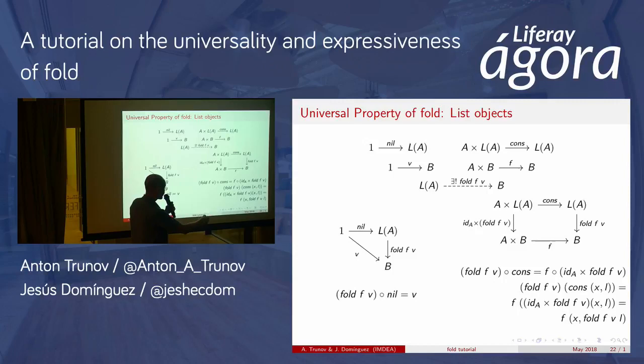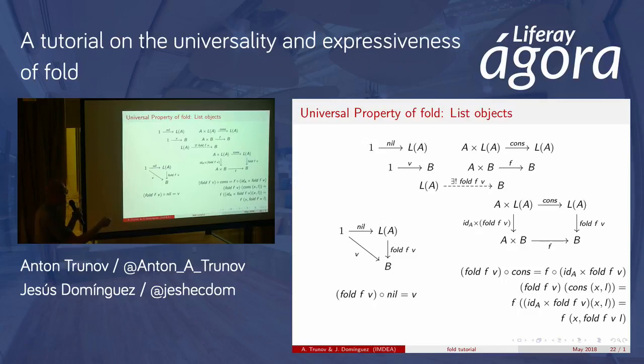Do you remember? Fold on cons is just applying f on x and the result of the recursive call to the rest of the list on fold. So this is what I told you. This universal property of a list object is just the universal property of the fold. It's just the theorem I showed you before. But now,